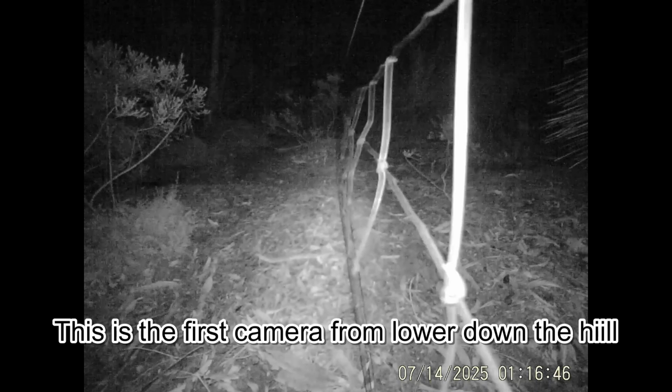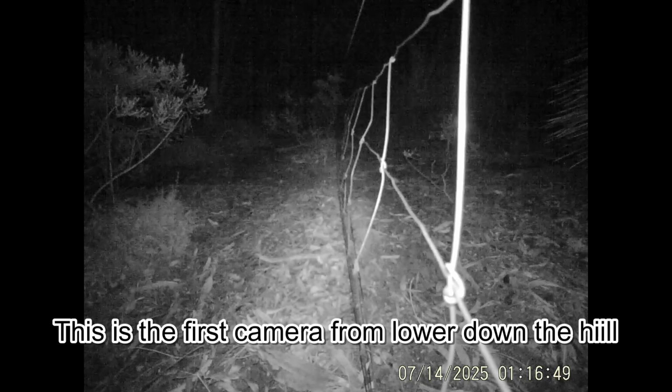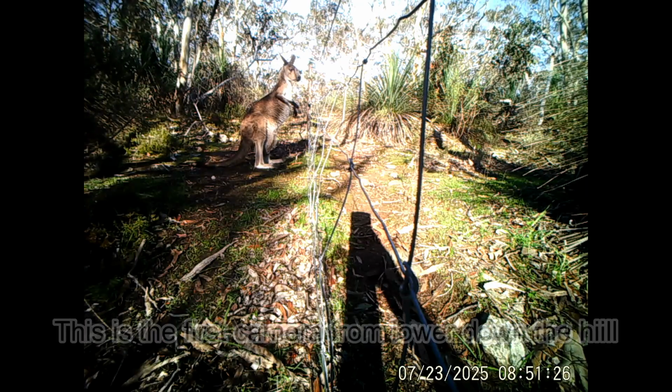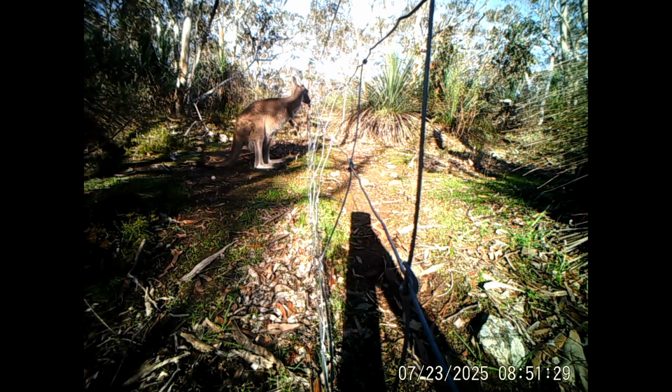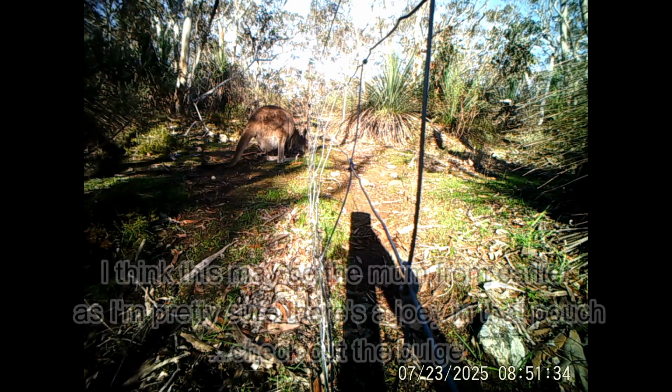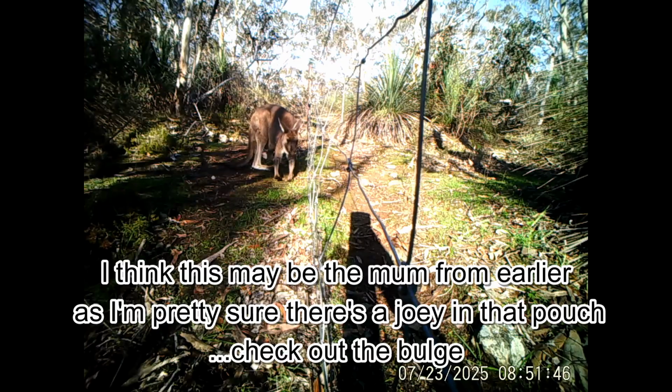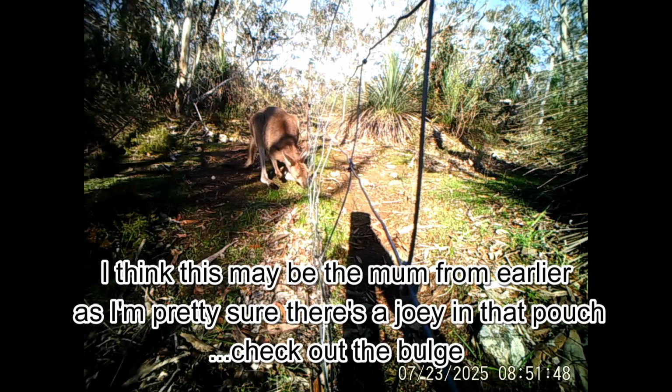This next clip's further down the hill, and that's a big kangaroo, a big boy. You can see his tackle there, and that's a big boy coming through the fence. And this kangaroo has a look at the fence and actually twangs the wire, and doesn't decide to go through, because I think that one's got a joey in her pouch as well. There's a fairly big bulge there, so even though you don't see the joey's head, I'm pretty sure this is that mum from before, because she hangs around our property a lot, which is fine, because if they stay off the roads, the longer they can stay off the roads the